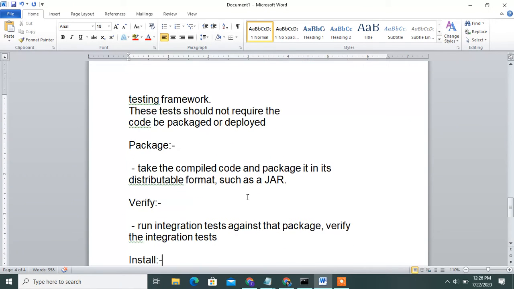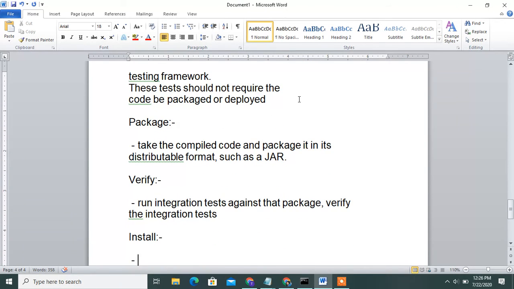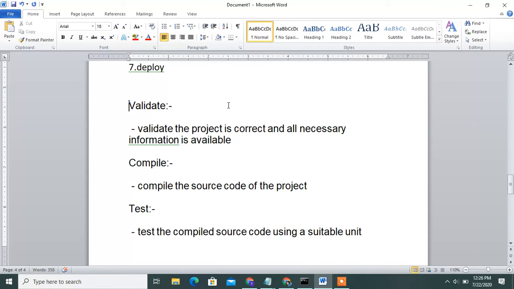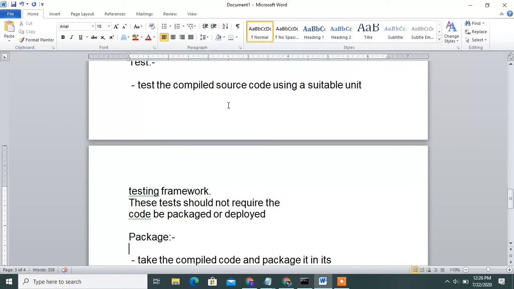Okay, next, what is package? You can use one command, and it will run validate, compile, and test.